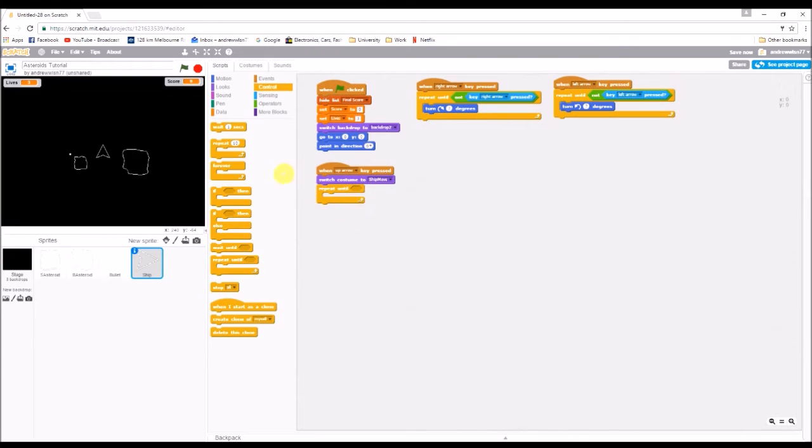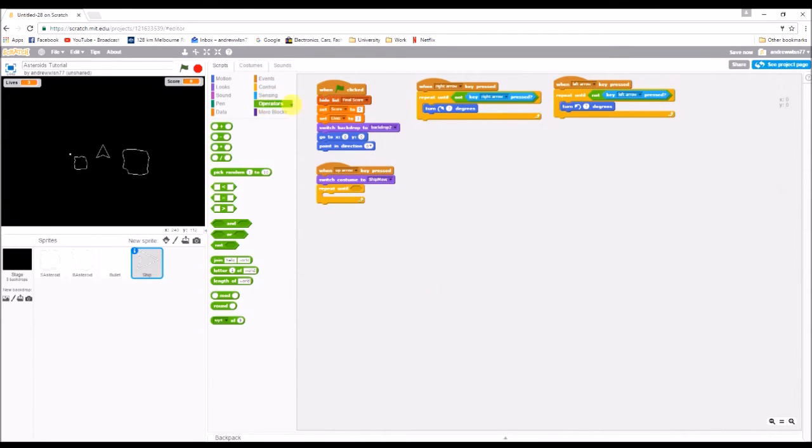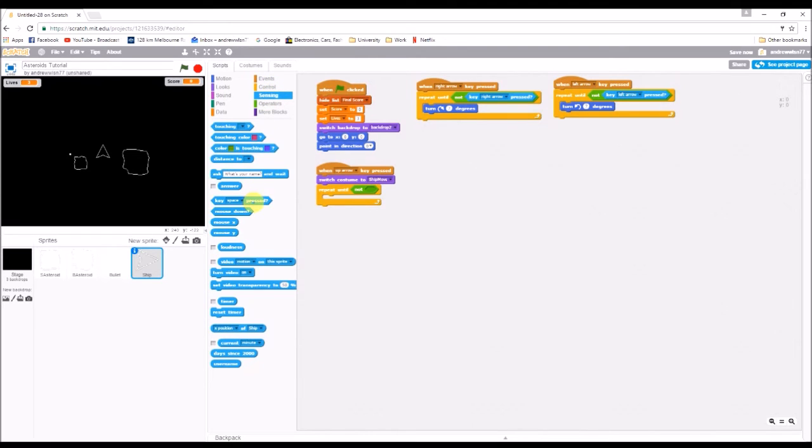and then we're going to keep going until we're not, same as what we did before, keep going until we're not pressing the up arrow. So we're going to go into operators, and we're going to grab the one that says not, and then we'll go into sensing, grab the one same as before, key space pressed, and make sure it drops into that knot in there, and then also make sure you change it from space to the up arrow. Okay, so we're going to keep going forwards until we let go of the up arrow, and then we'll slow